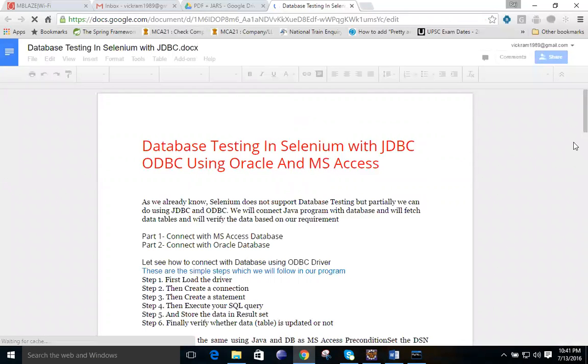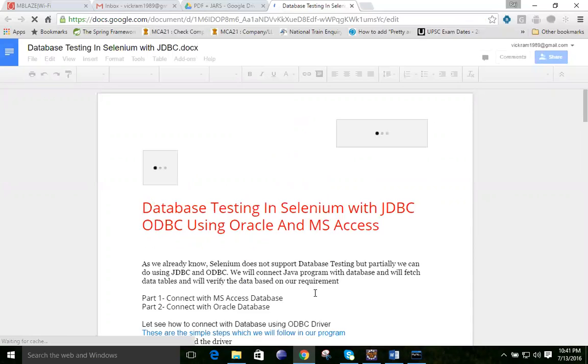You can see here the steps, the theoretical steps, mentioned first: connecting with the MySQL database. The second one is telling the Oracle database.